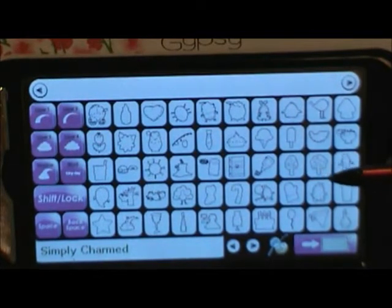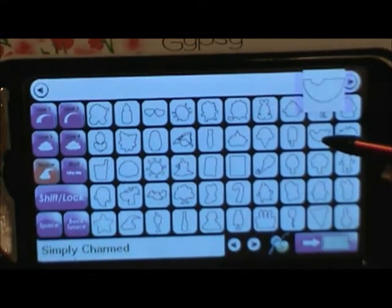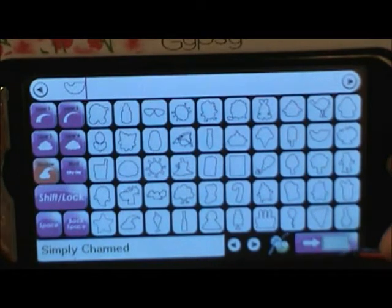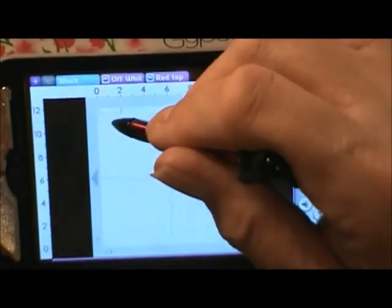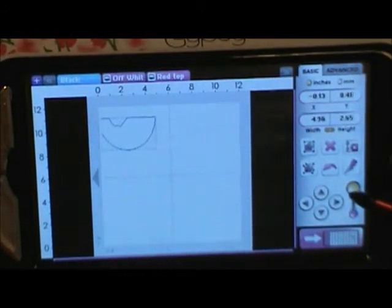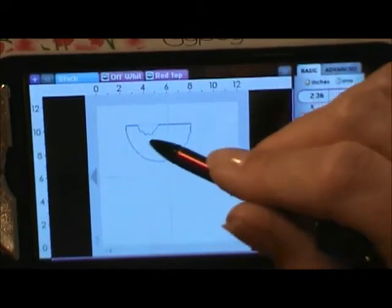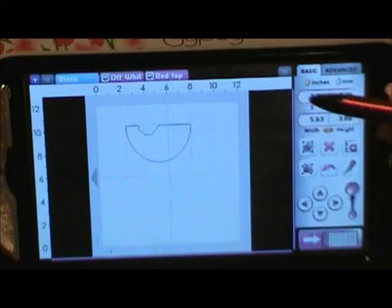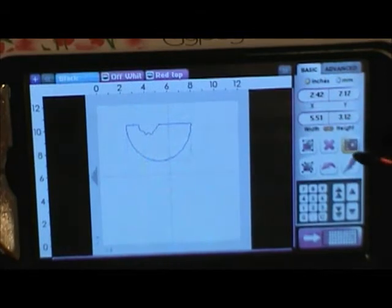Reminds me of summer. Now what I'm going to do is go to the shadow and grab the watermelon. And I'm going to use a half of an 8.5 by 11. But I have learned, oops, guess I gotta put it on here. It's up here. There we go. I have learned that it will not be exact, but an 8.5 by 11 cut in half is 8.5 this way and 5.5 this way, and it won't quite do it. So I want you to have your real size button on right here,